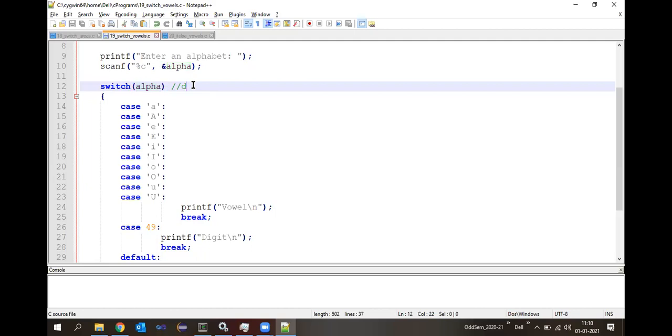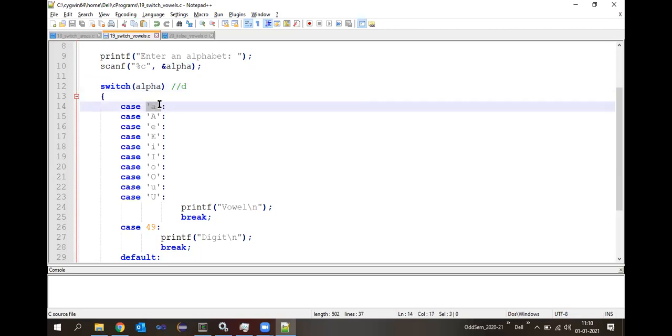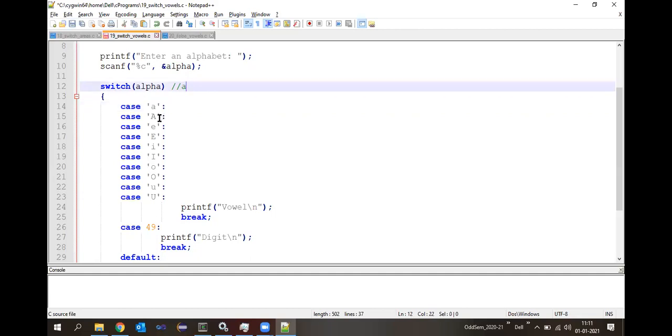Whenever I enter a character here, like A, the A's value will be implicitly converted into its ASCII value. Then there is the lowercase a, which again will be converted into its ASCII value. Then both these ASCII values are the same. Whenever I enter a here, both the ASCII values are the same, so it is going to find the match correctly.